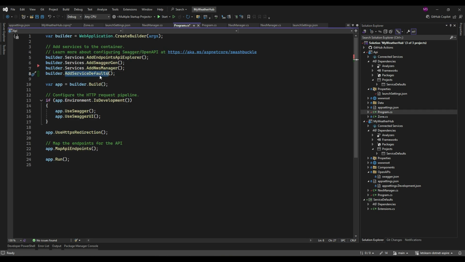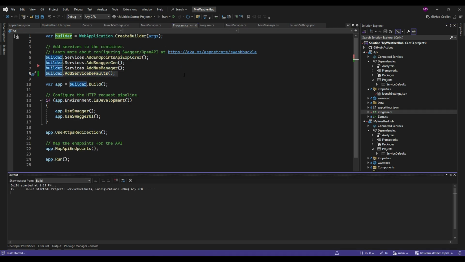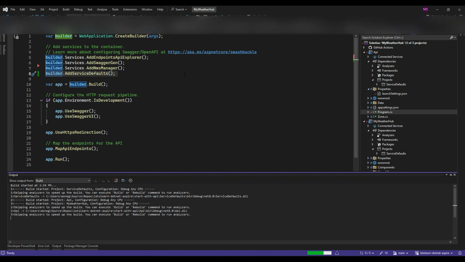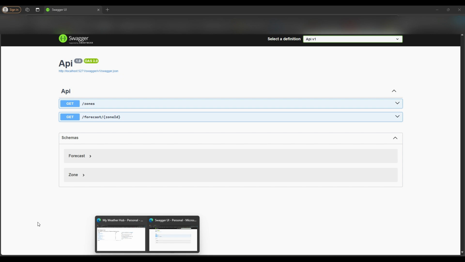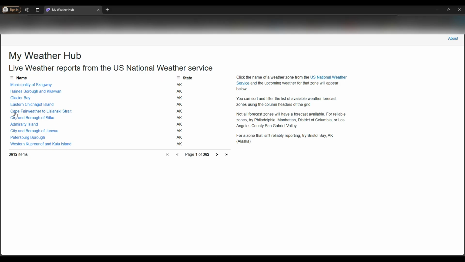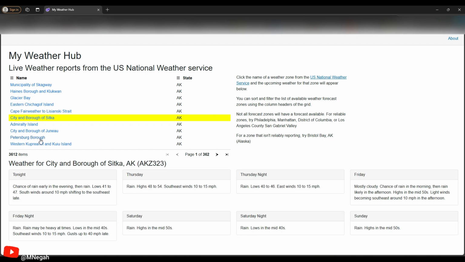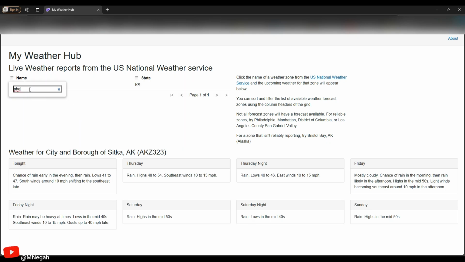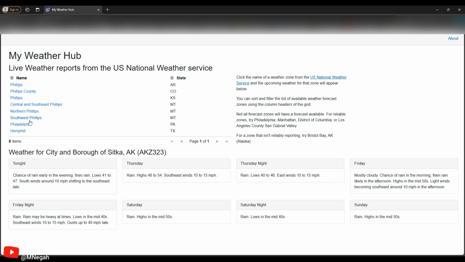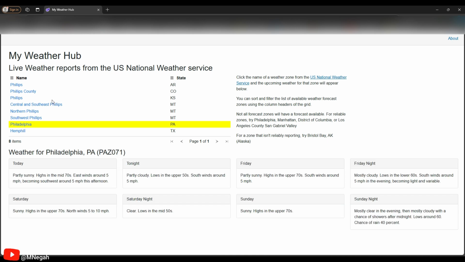I'll start this again, and it will start the two websites, one for the API, one for the Blazor project. And now we are going to start to see how immediately our project is improved and able to connect these. So here's my weather application running, and I can click through and start interacting with some of these. There is some data coming back, and it looks like it's working properly. I'll even go out and find that Philadelphia weather, and there it loads.